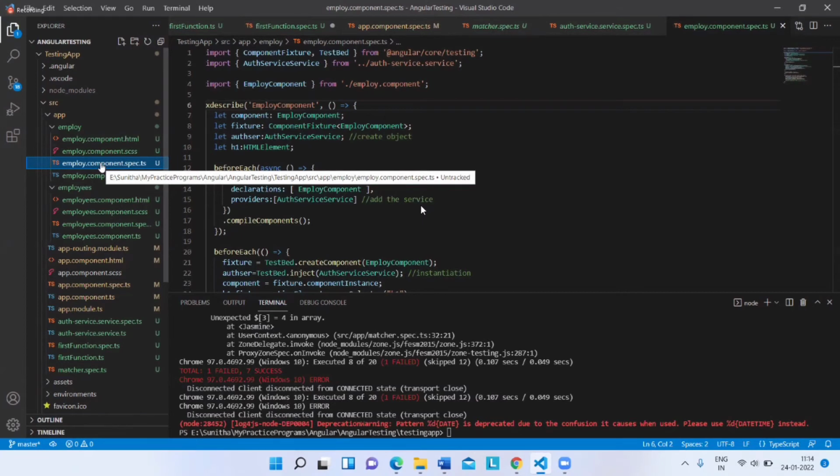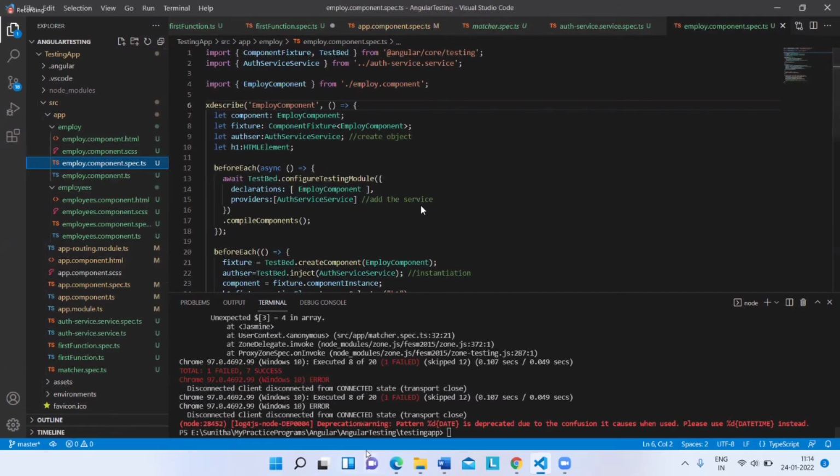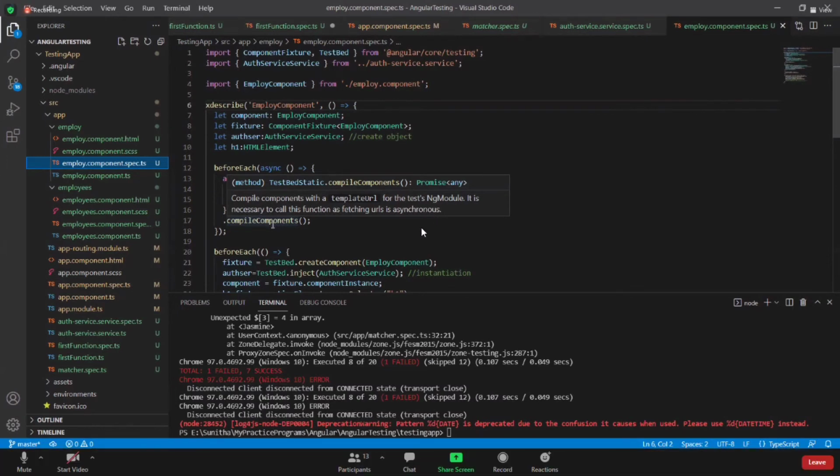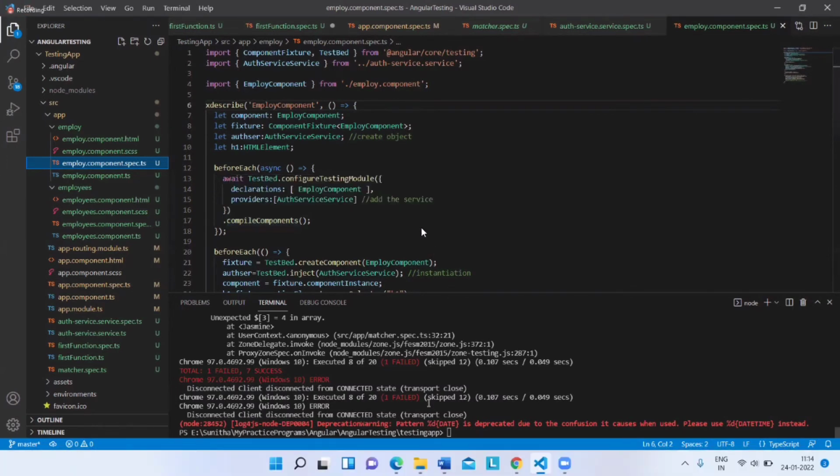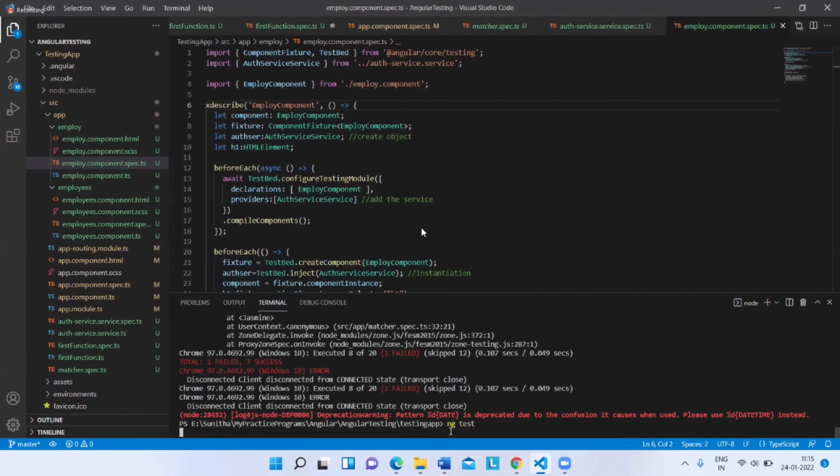No, you can test any. Now I have written 20 test cases, but I am executing only a few, not everything. You can execute everything. I'll show you that. Let me execute and show you. NG test, but it will be difficult for us to see. Now 20 is fine, but when you are developing a project, that project may have some 100 to 200 test cases.